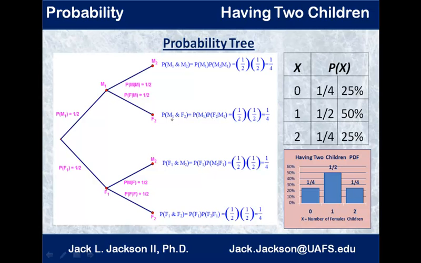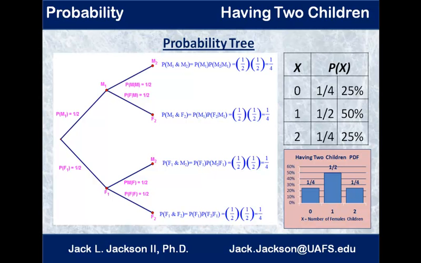The probability of male and female, that's the intersection of M1 and F2, those events, it's the probability of male 1 times the probability of female 2 given male 1. And so that is 1/2 times 1/2 is 1/4. Similarly, these are all 1/4. So we have 4 events: male male, male female, female male, female female, and each one of those is actually